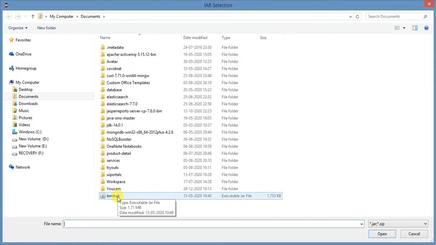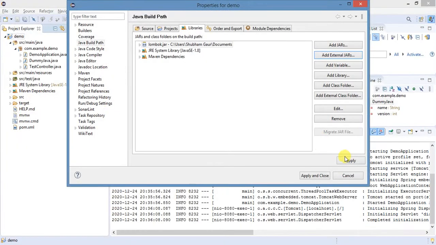Where you downloaded the Lombok jar, select it, import it into your project, then apply and close.